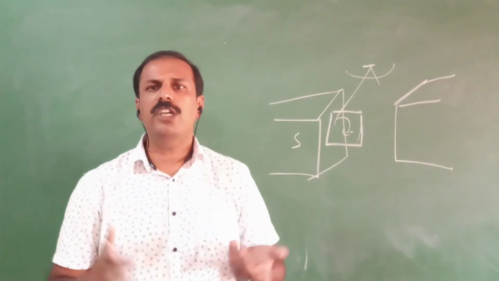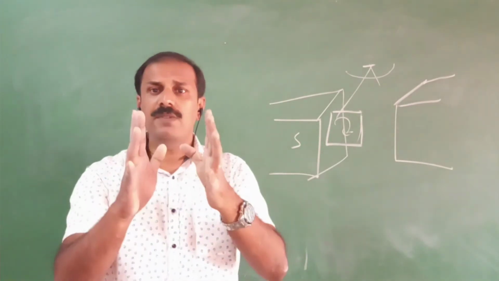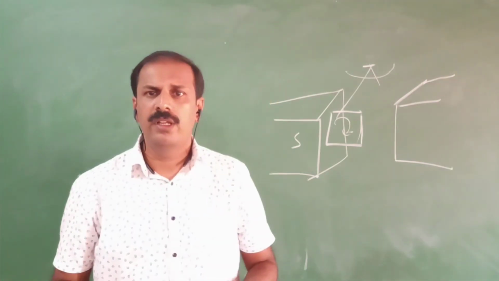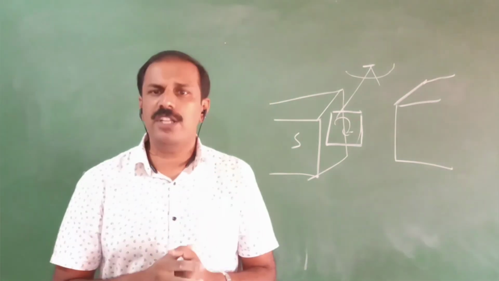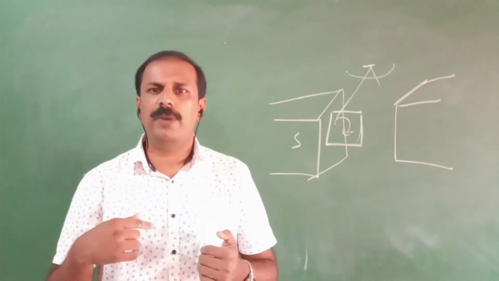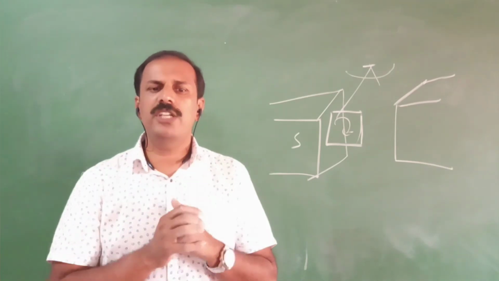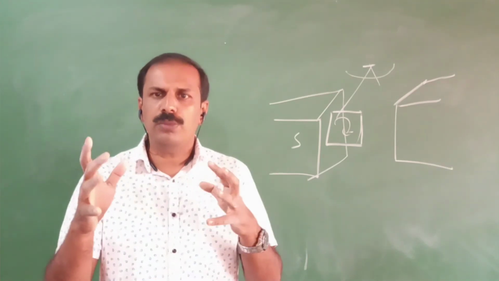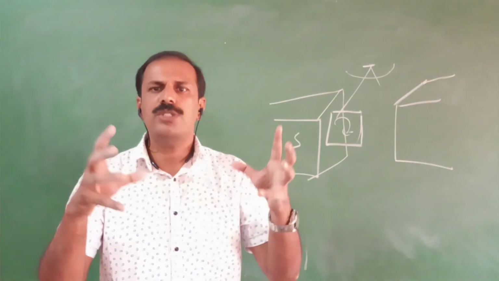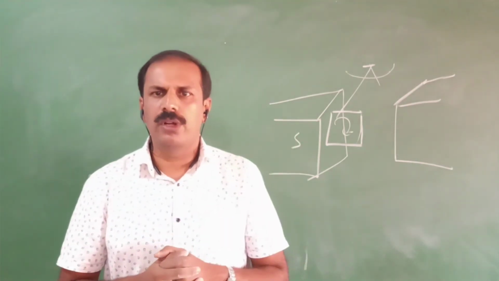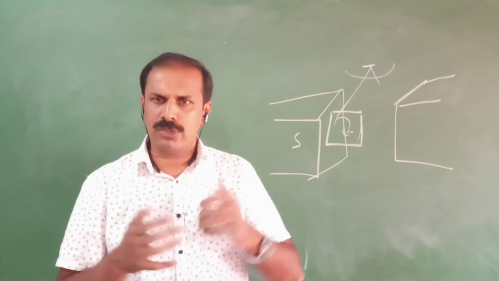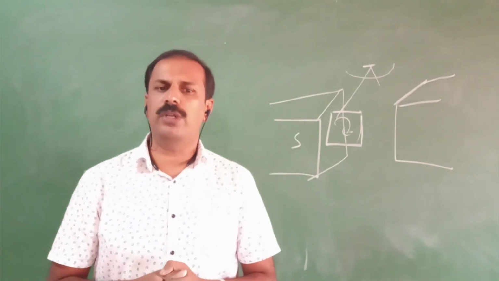For example, if you think about a material which is kept inside a solenoid, and through the solenoid AC current is passing. When AC current is passing, what will happen? The direction of the magnetic field will change continuously. So what happens? Due to that one, some induced current will come in that bulk material also. So it is applicable like that also. So in electrical industry, it is very important.